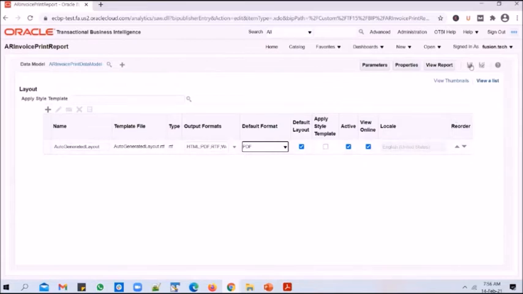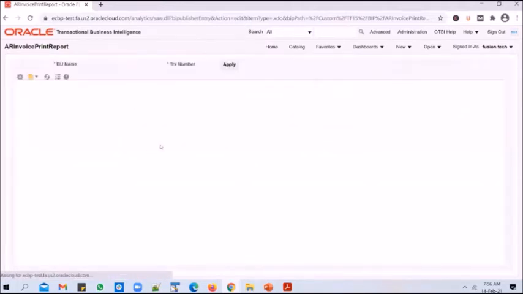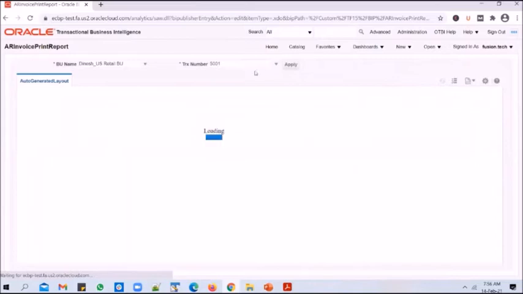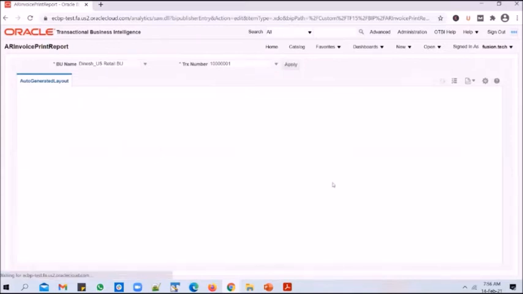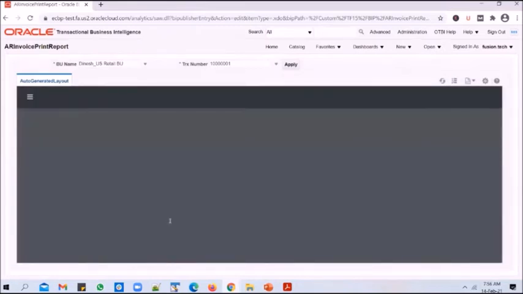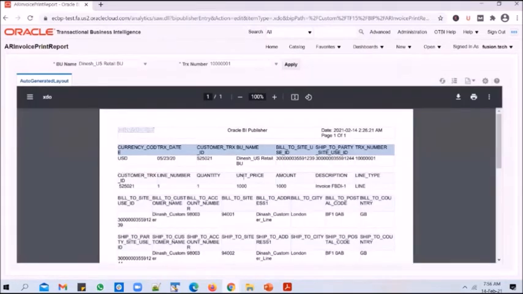And once you change it, save it, and you view the report output again. And this time you will notice that the output will be generated in a PDF format. So you change the transaction number and you click on apply. And you will notice that the output is generated in a PDF format, right? That's because we have made this the default format.